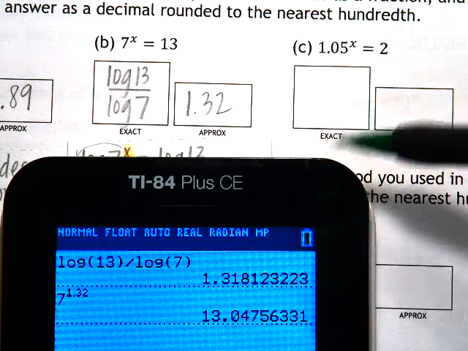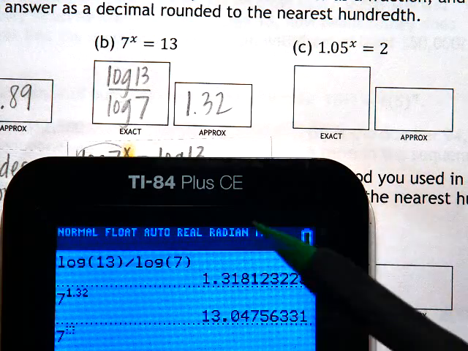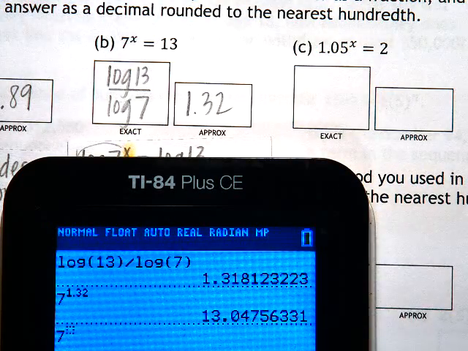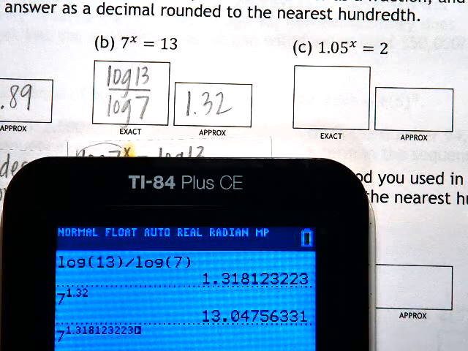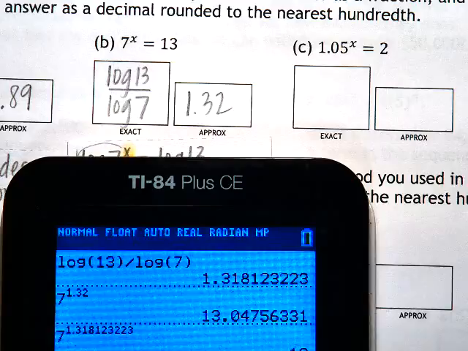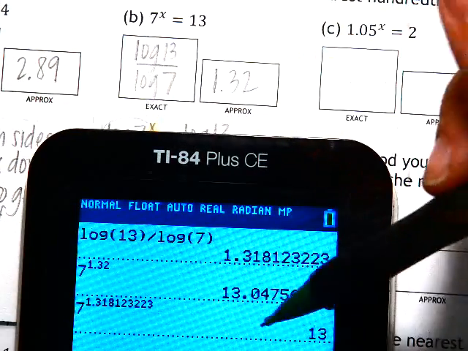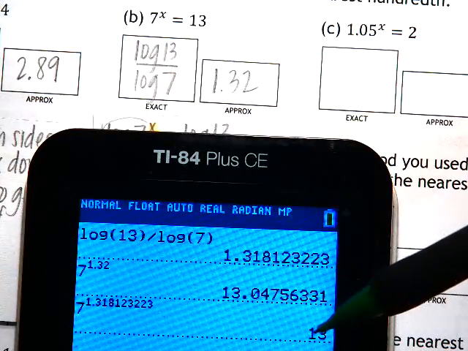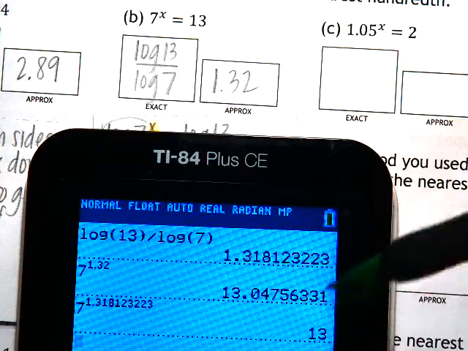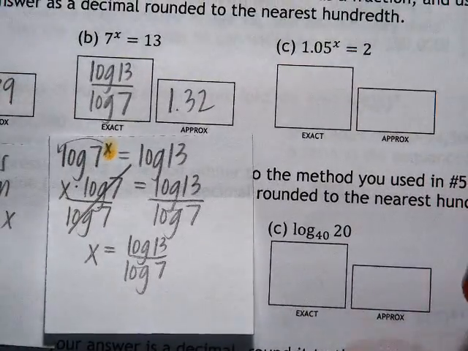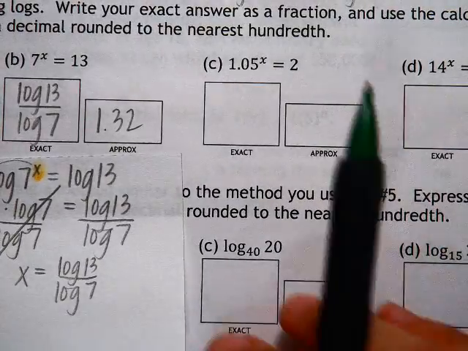If I hadn't rounded, and I did 7 to the power of the actual answer I got, 1.318123223, I would have gotten exactly 13. Now, it's not worth it to type all those digits in, but it is worth noting that's why our answer works. Let's look at another one, especially for those of us who feel like we're starting to get the hang